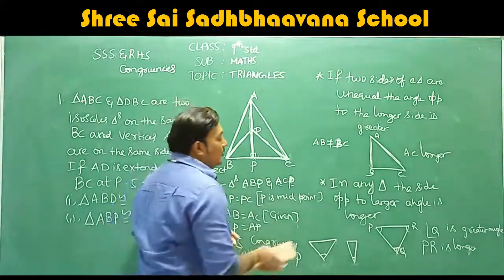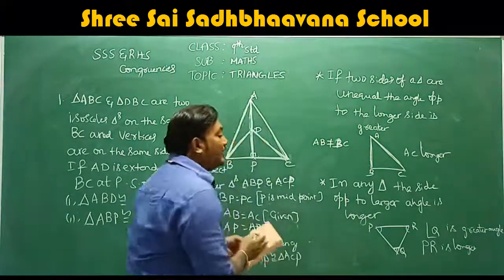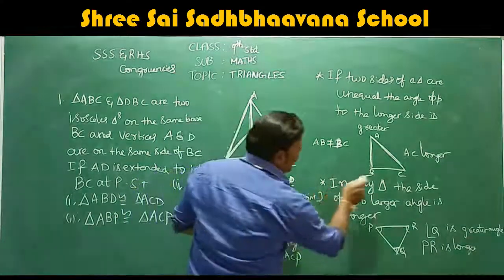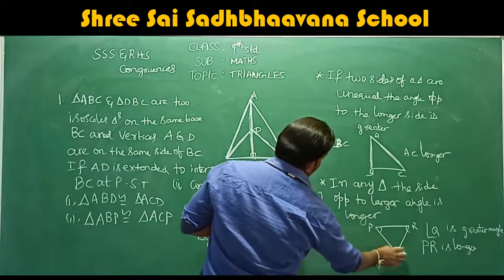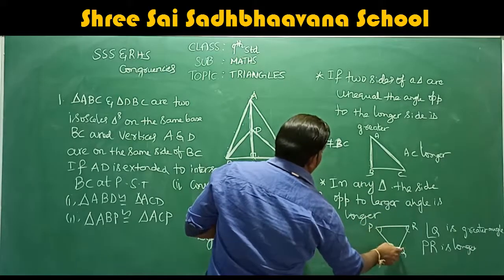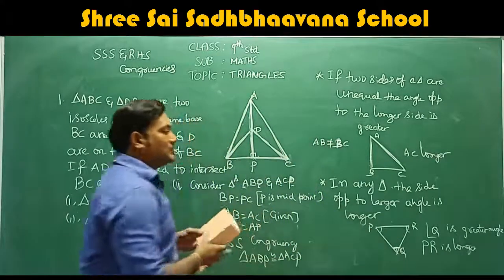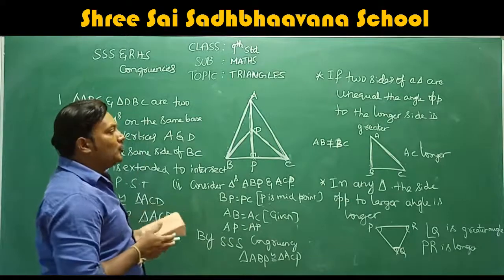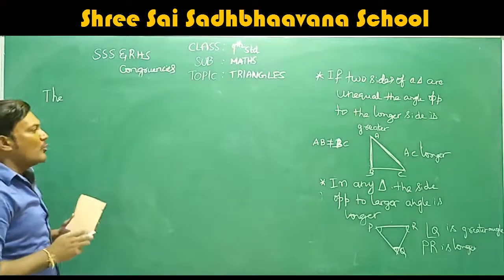Okay. It means obviously the greater angle's opposite side is always greater. It means in any triangle, it is for all the triangles, the larger angle's opposite side is always larger. Okay. I hope you understood this. Okay, and we will do one more sum. One more property we missed.